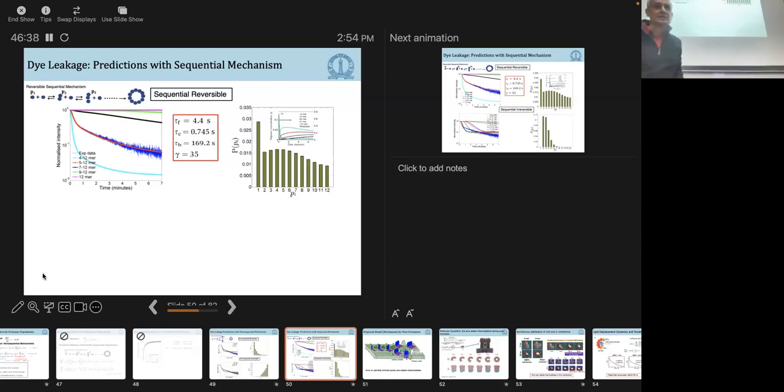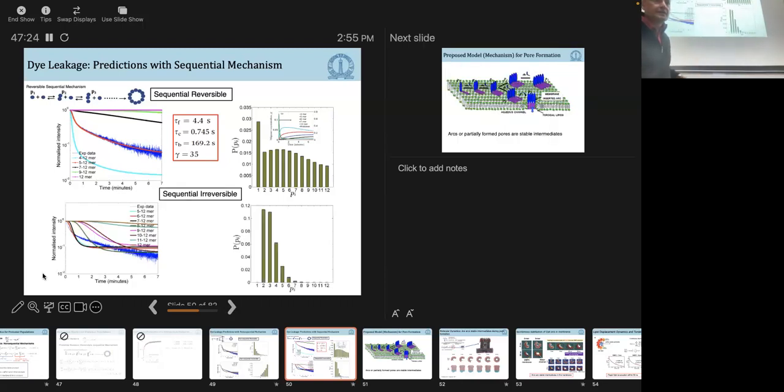model. There's a forward reaction time constant, tau f, which is 4 seconds, and then there is a conformational time scale, again on the order of a second, which seems to match with experiments. But there's a large backward time constant of about 170 seconds, indicating that there is some reversibility taking place, but that time constant is small. And with this sort of kinetics, we always pick up some population of a single MER on the surface. And my colleague, with his single particle tracking with photobleaching, has been able to show that you always will have a single MER population on the membrane, which seems to indicate this reversible mechanism is at play.